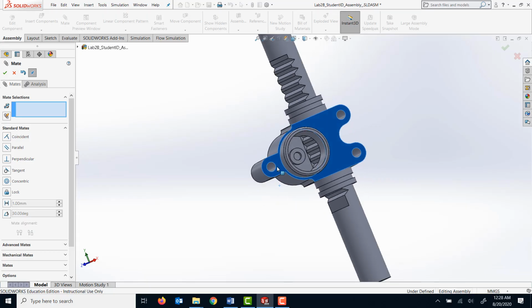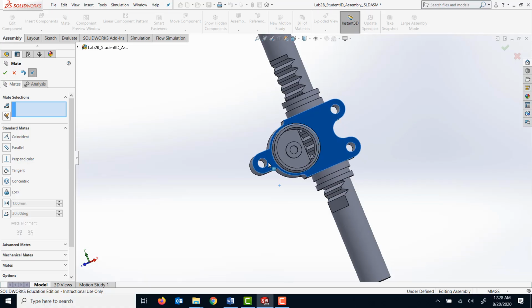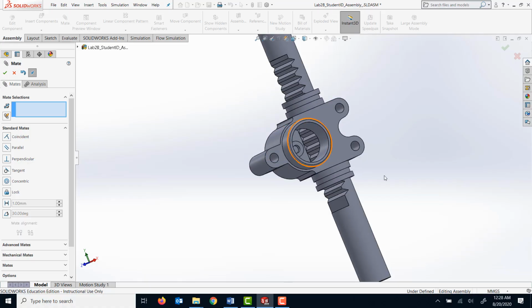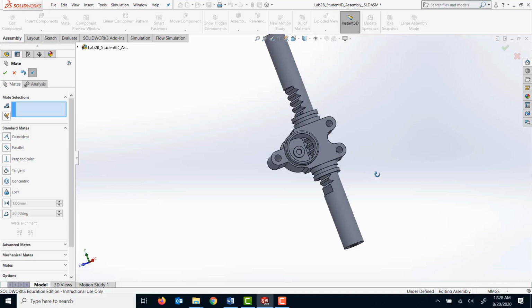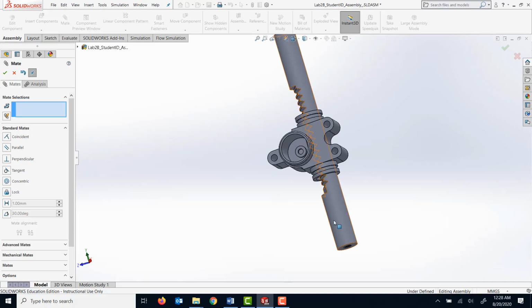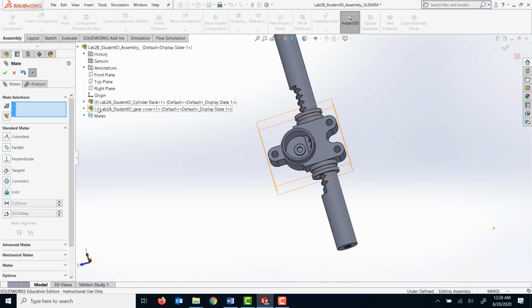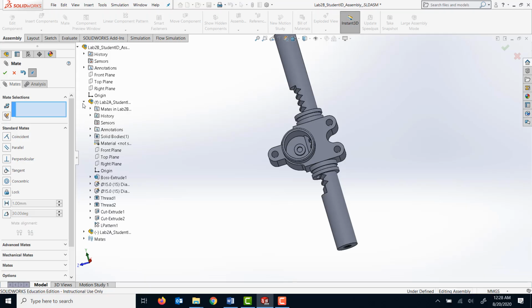So as you can notice, my gear cover is rotating around, so I just want to lock it in so that it only moves along this direction without rotating. To do so, I'm going to add another mating relationship. We can add mating relationship between the face features, edges. Also, we can add the mating relationship between the planes for two components. So what I'm going to do is I'm going to go to the